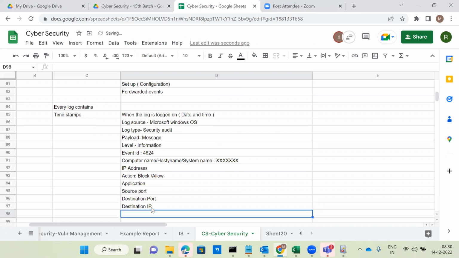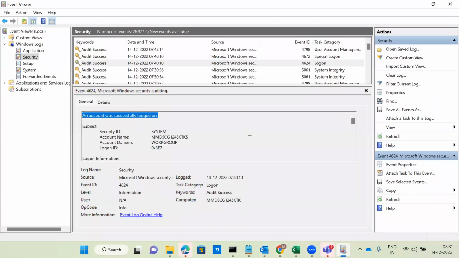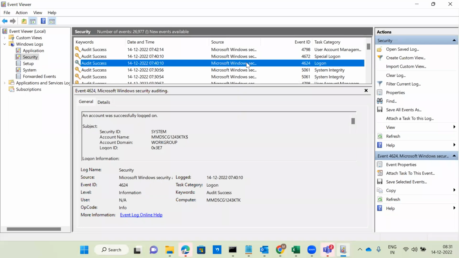In a couple of interviews, the interviewer will share his screen and ask, from this log, what did you analyze? For example, myself, I am the interviewer. I will share my screen in the interview panel, and I will ask, from this log, what did you observe? What did you analyze?